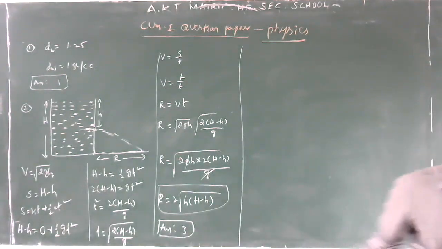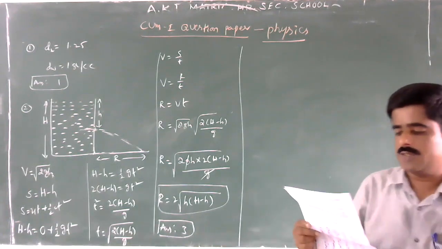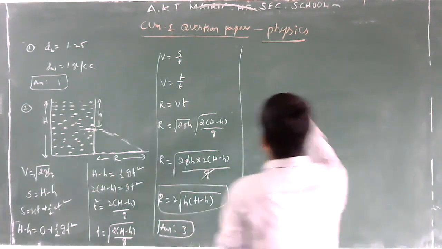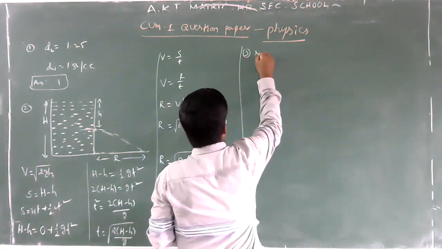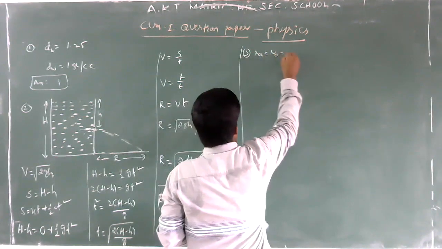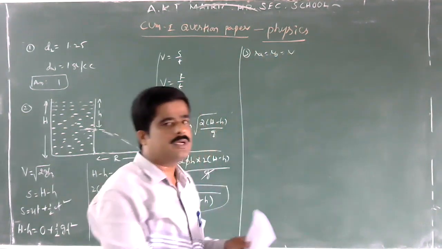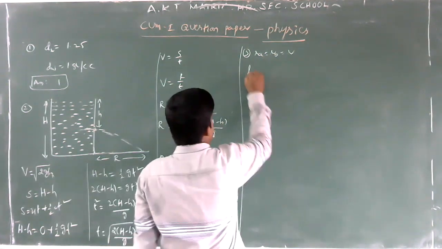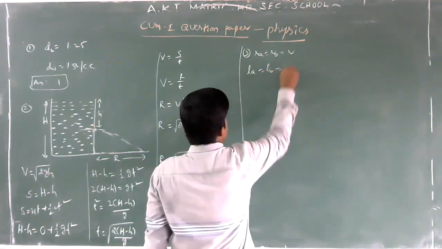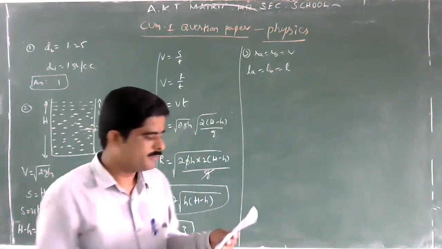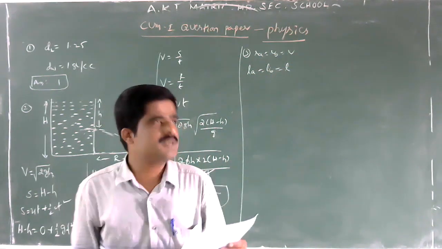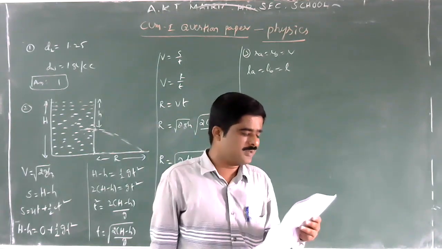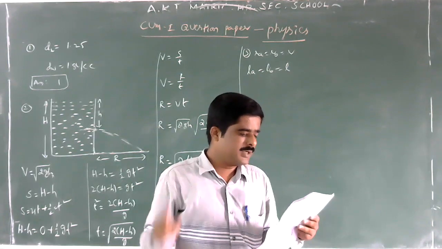third question. Two capillary tubes A and B of equal radius, R A equal to R B equal to R. Here two capillary tubes are given. R A is equal to R B is equal to R. That is, the radius of the two capillary tubes are equal, and equal length. So their length is also equal. L A is equal to L B is equal to L. Are held horizontally.